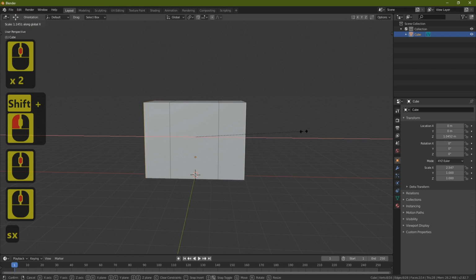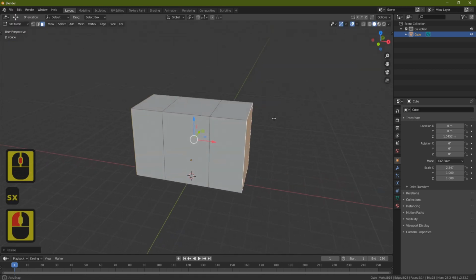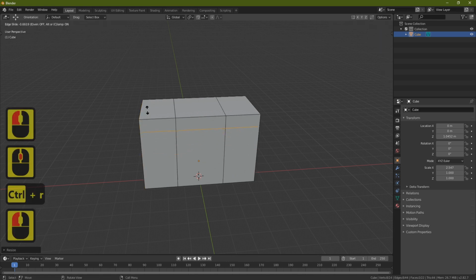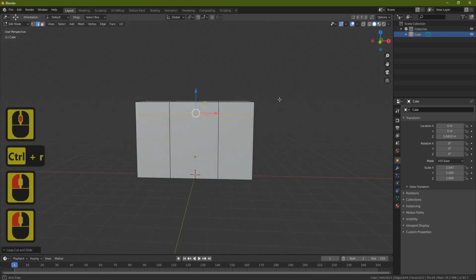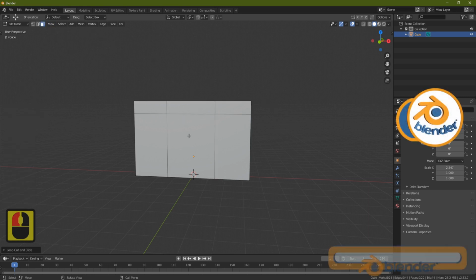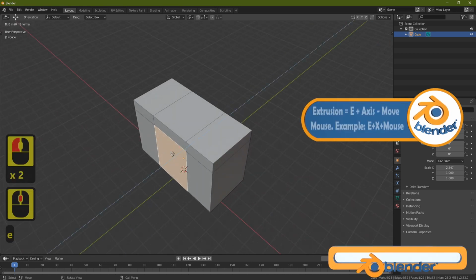So let's press S X and pull them out a little bit more. Something like that is a good start, I think. Now press Ctrl R, bring it up, and let's say this is the actual doorway. So you want to imagine how big you want this point here. Now let's go to face select, grab this face, press E, and what you're going